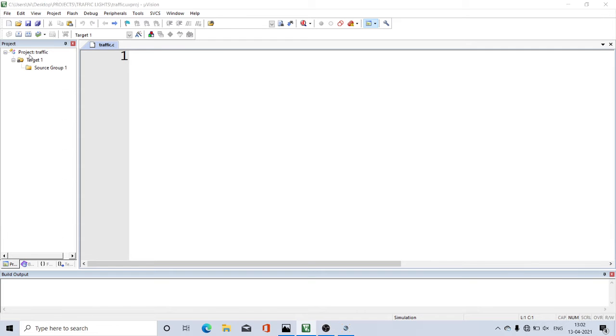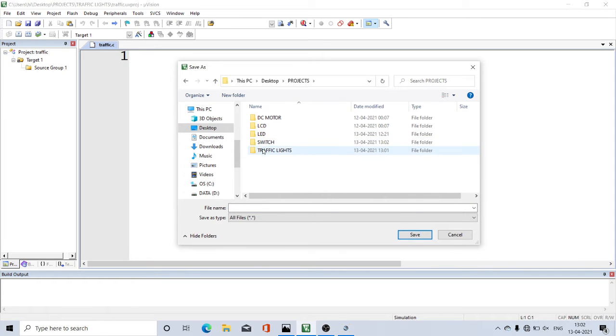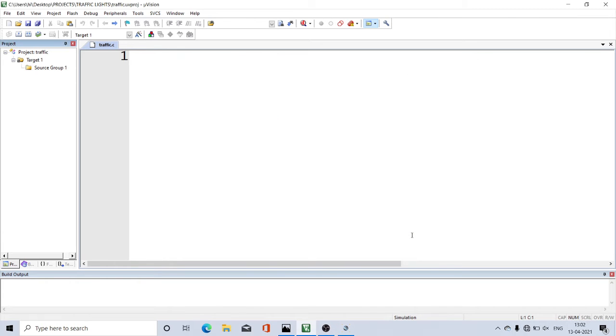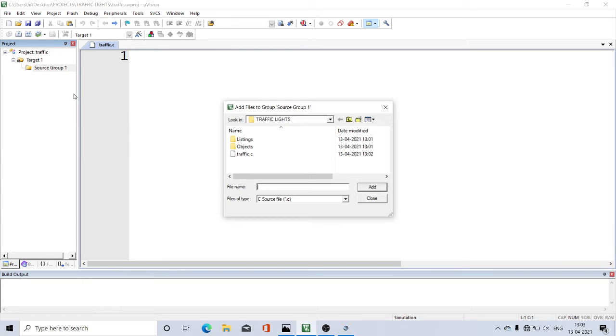File, save as, desktop, projects, traffic lights. Traffic.c, it is saved. Now right click on this source group, add existing files to source group. You can see this traffic.c which is saved just now. Select that, add and close.